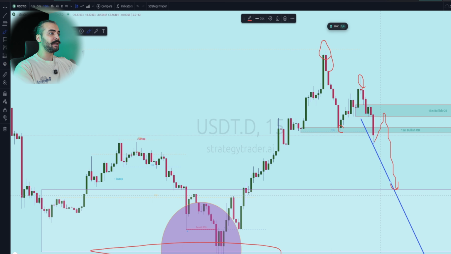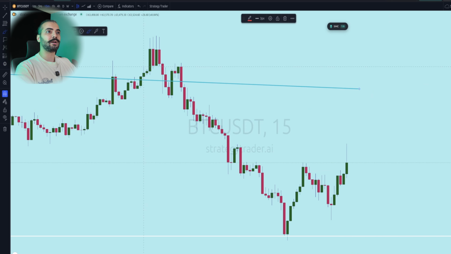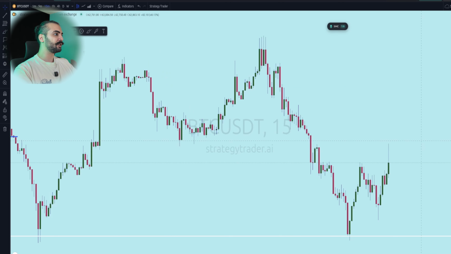I think we're clear on the dominance of Tether. Bitcoin is, as you can see, exactly opposite of the dominance of Tether. So if you were to invert the chart, the Bitcoin chart, you can have the same thing here. On the Bitcoin time frame,